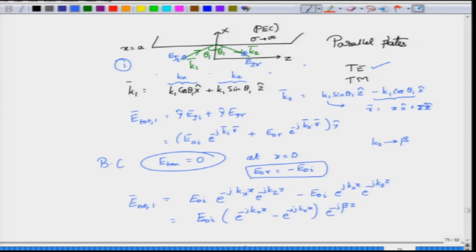So, this is clearly showing you that there is some function of x that is getting multiplied with e power minus j beta z, which will describe the total electric field in the region away from that plate, and that starts to look very similar to what we had done for the slab waveguides, except that there are no waves outside this perfect electric conductor, because there is no evanescent wave, at least not what we are considering. We are assuming perfect electric conductor.